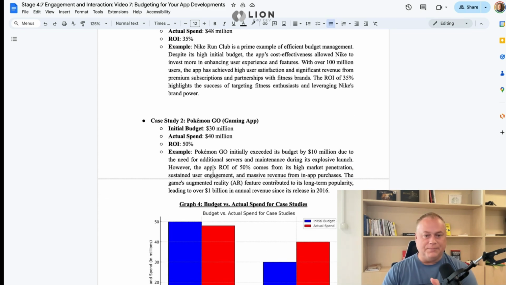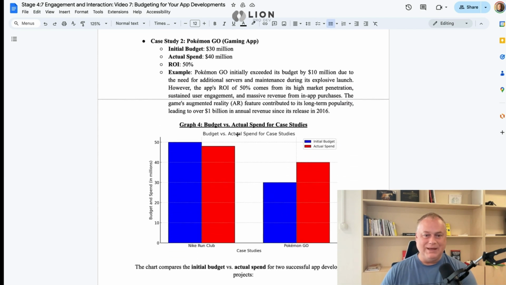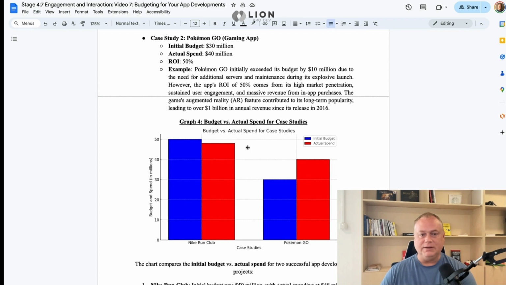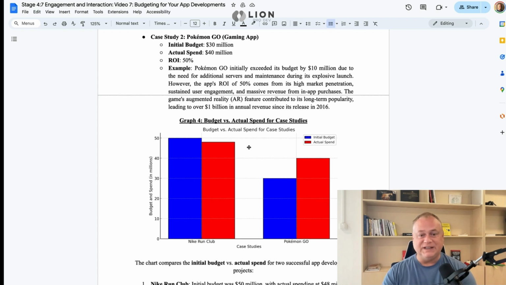Number two, Pokemon Go. This was a gaming app. Its initial budget was $30 million. They ended up spending $10 million over that at $40 million, but their return on investment was 50%. And where they ran into surprises and problems was that they had an explosive growth when they launched. It just became fanatically used, and they had way higher